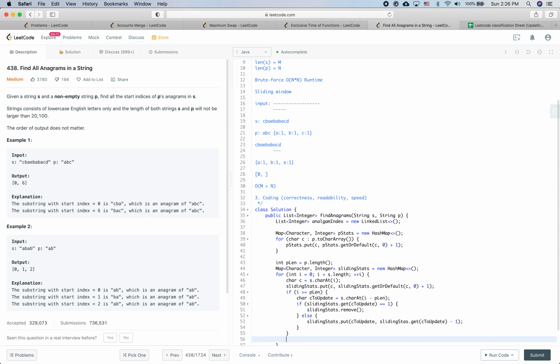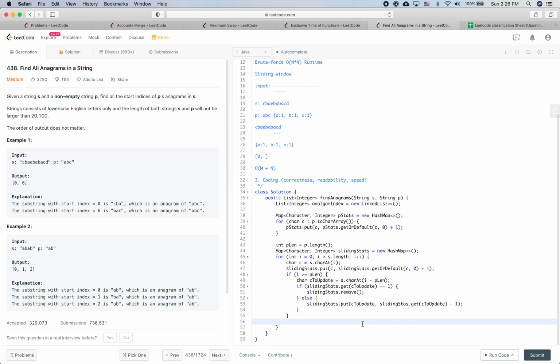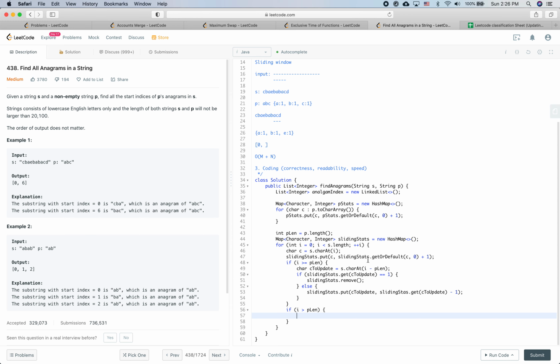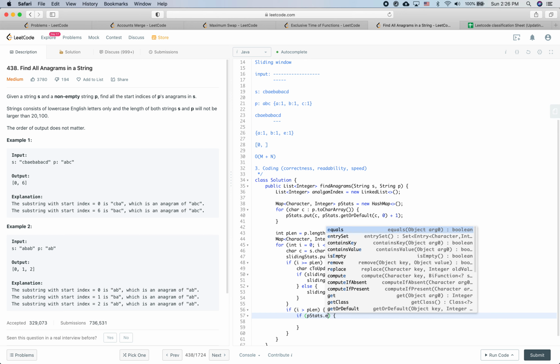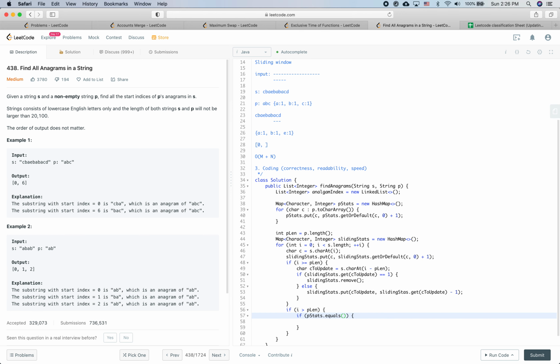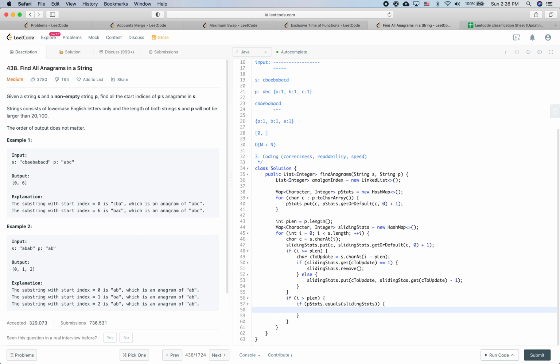Okay, and every time, if the I is larger than P length, that's the time we need to do comparison between the sliding stats with P stats. So if the P stats dot equals the sliding stats, so if they are the same, then it means we need to put something into the final anagram index. So anagram index dot add